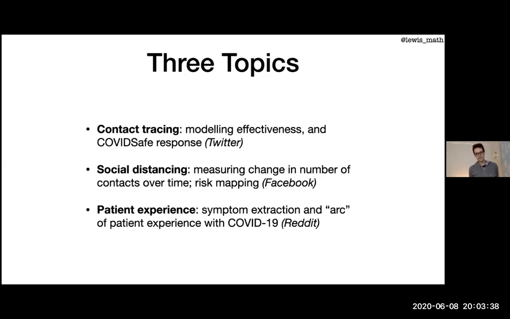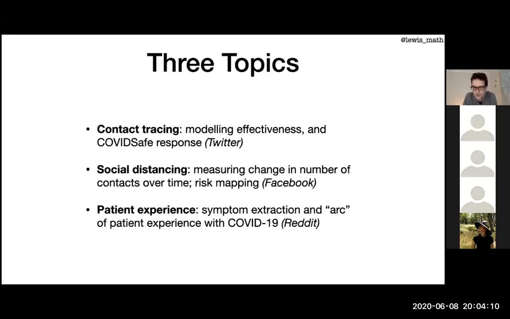I'll start off with a bit of old school, traditional mathematical modeling around contact tracing. Then, because it's familiar to me and I like playing with Twitter data, I'll show a couple of very preliminary results tracking the response to the COVIDSafe contact tracing app via Twitter, using sentiment analysis. And then the most interesting data set I think we've had access to is the one from Facebook, through their Data for Good program around human mobility. I'll talk a little bit about that and the work we've been doing,